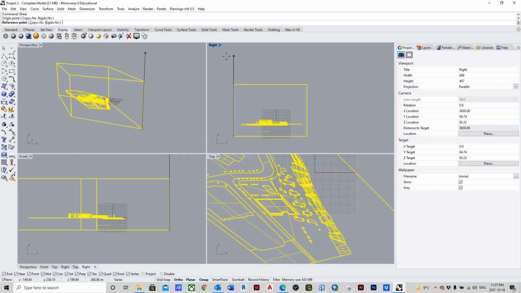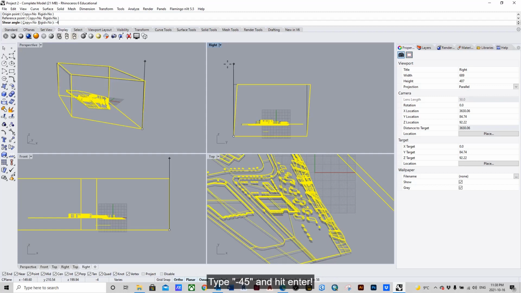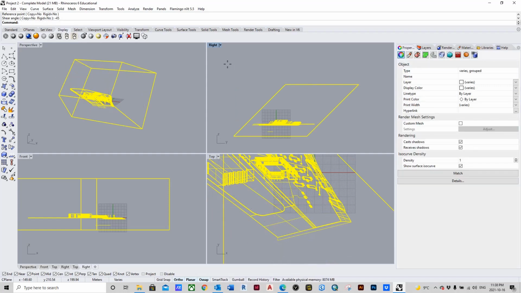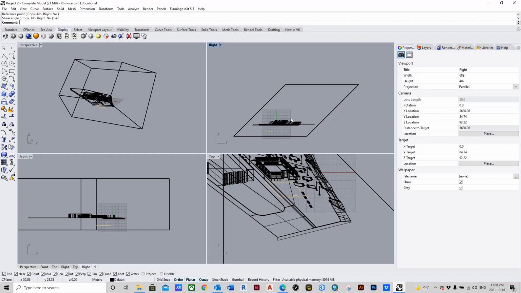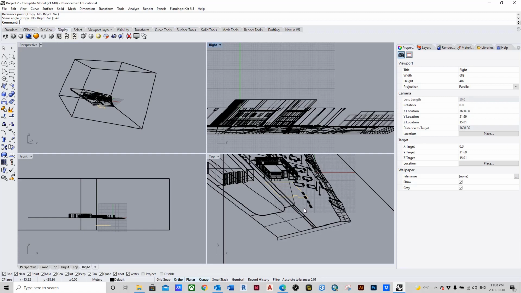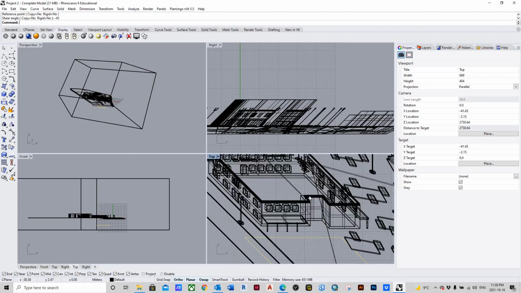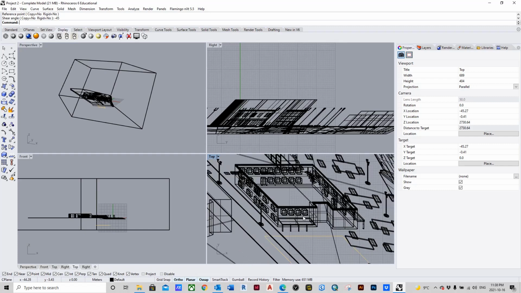We're going to move all the way up, just y-axis, left-click, and we're going to type negative 45 degrees. Whoa, excellent. Now we're going to hit enter. Now, again, I know that in perspective view it's looking very warped. In the right view it is also extremely warped, but look at what we have in the top view here. We've got now essentially a Rhino model that's been fully adapted to be an elevation